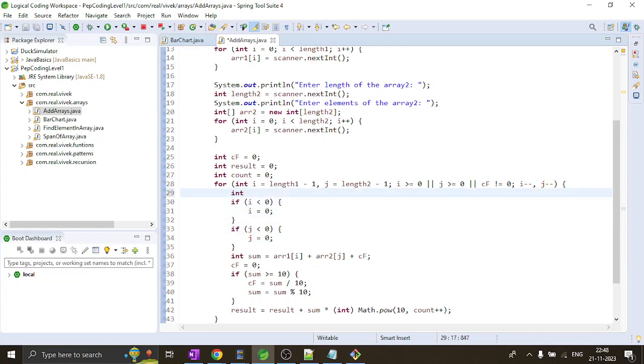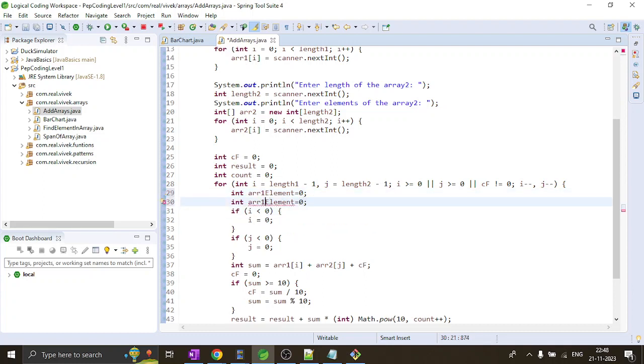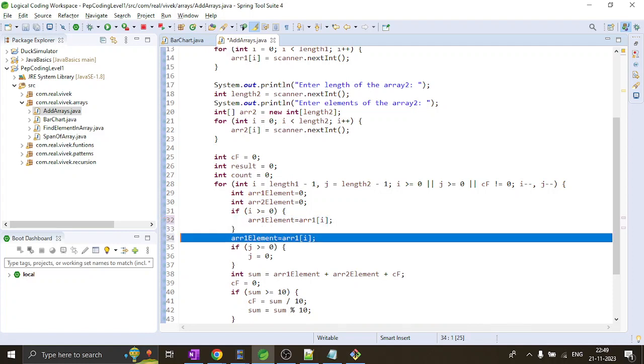We can have int temp, arr1 element, let's say, which is 0, arr2 element then, and what we can have is arr1 element plus arr2 element, which is greater than or equal to 0, then arr1 will be i, right? Similarly, we can have for j,